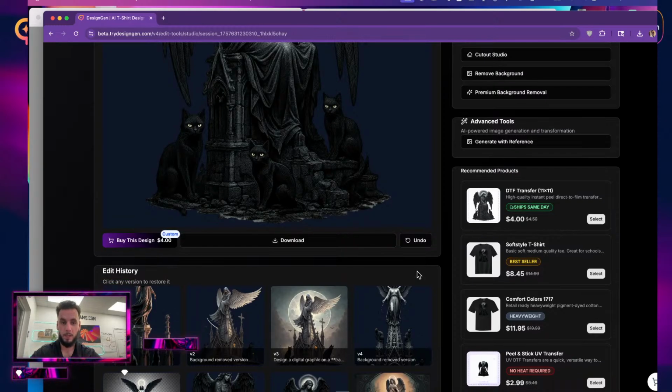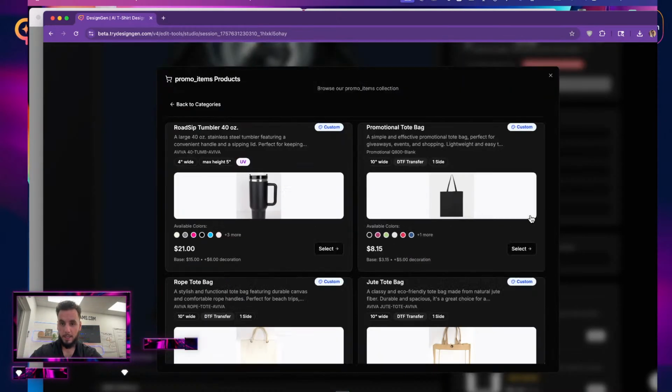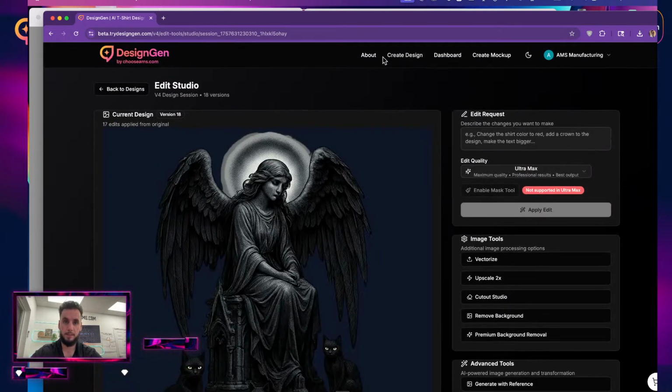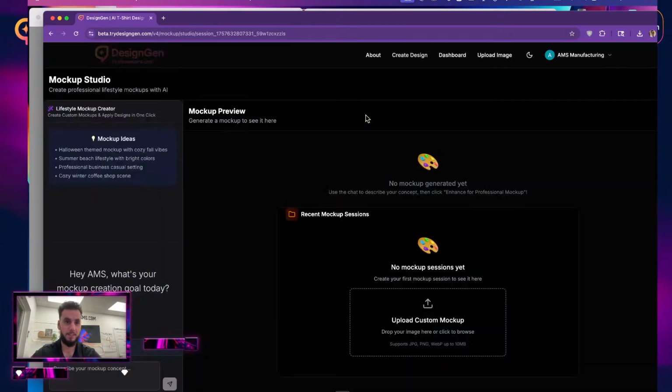Everything else, 1 day. Let's look at a couple of other interesting things that I wanted to show you guys. That's probably the ace in my pocket, right? That's Mockup Studio. This is a big one. Let's see if I have that prompt from earlier that I was talking about. I do not have a prompt for the mockups, but in any case, for Mockup Studio,